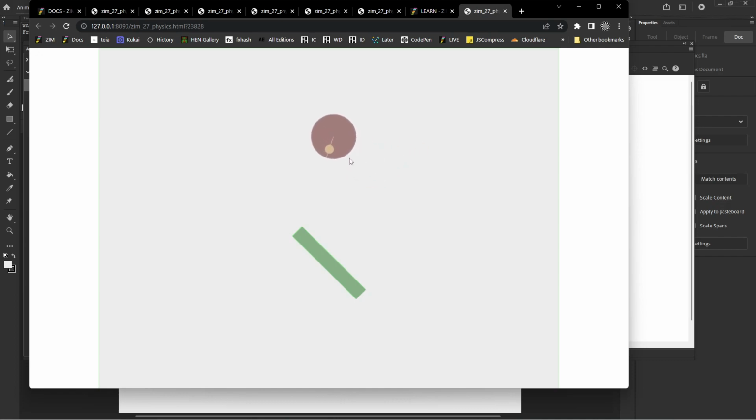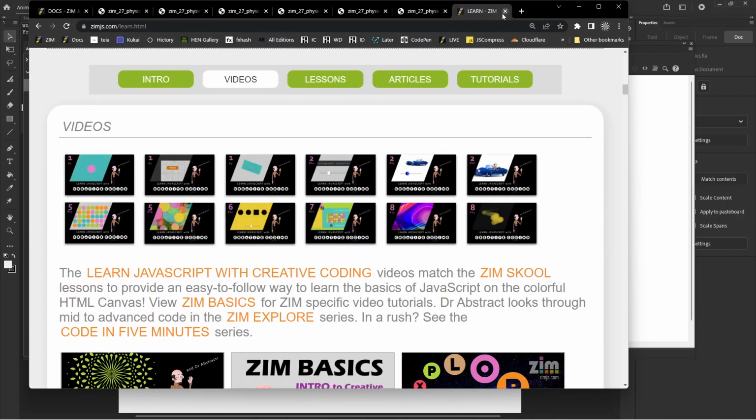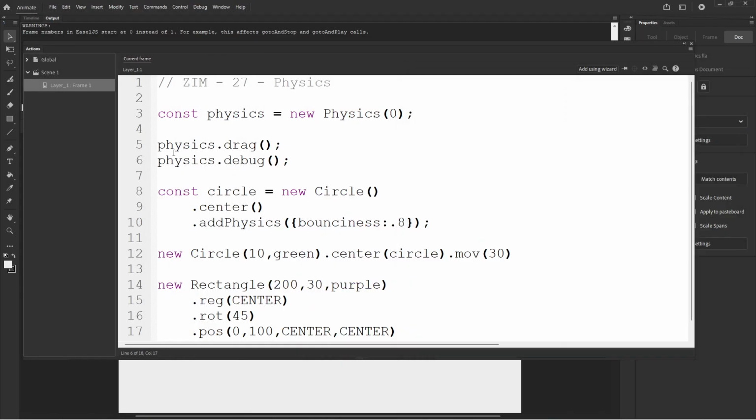That's a debug mode, and sometimes it can help you. For instance, that's moving, moving, moving. When it stops moving, there, it's now not active anymore, so it's turned itself off. This one is a static one. Okay, cool. So I can show you some things and kind of help you with some things as well. That's the debug mode. But I'm going to comment both of these out, and let's move to applying a